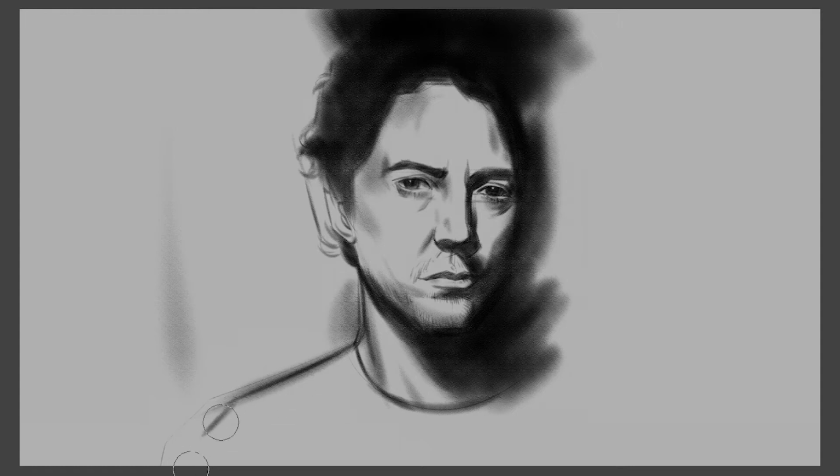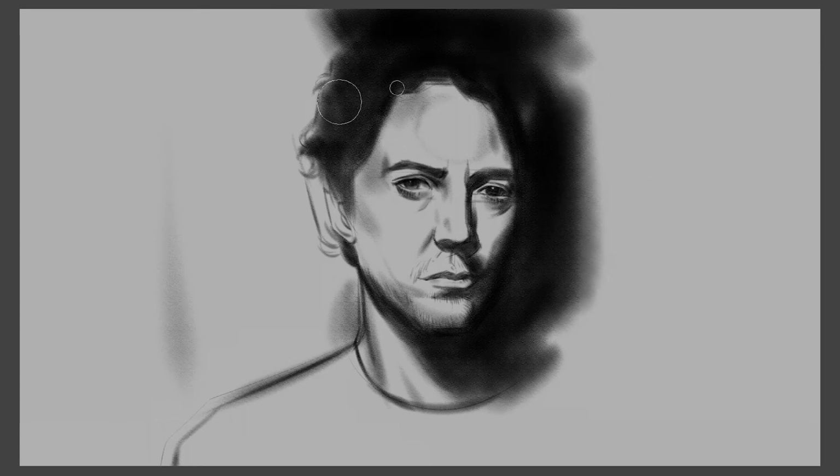And sometimes it's hard to see proportions until you start filling it in. So I kind of fill it in as I go. I don't do it all right away, but I try to get the measurements right, and when I think the measurements are right, then I start filling in the shadow patterns. As I'm filling in the shadows,